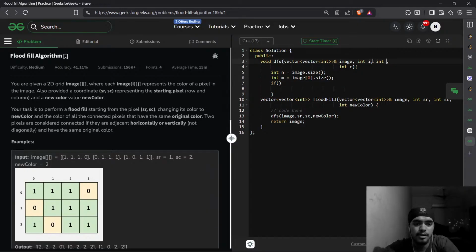So we will start the DFS spread from i and j. If i is less than 0, or if i is greater than or equal to n, or if j is less than 0 or j is greater than or equal to m, or if our image i comma j, I mean the current pixel,